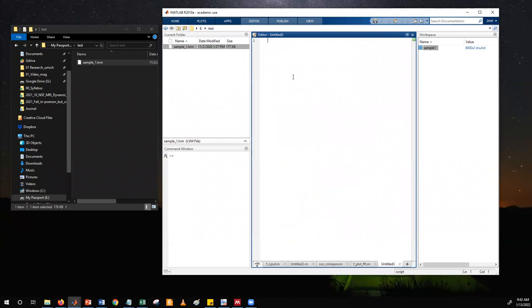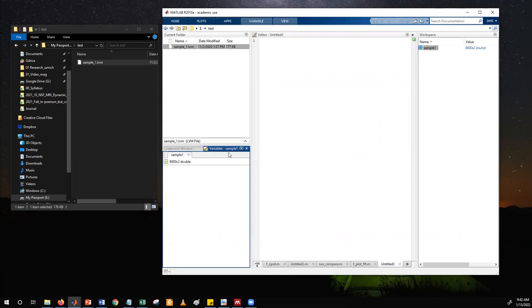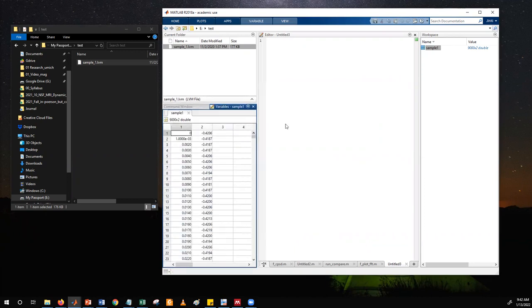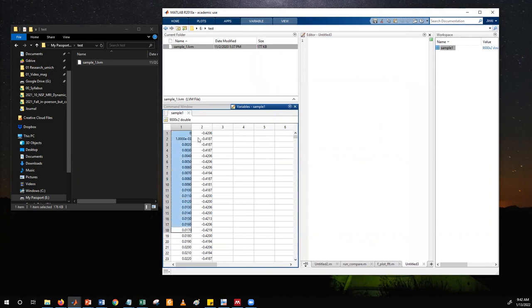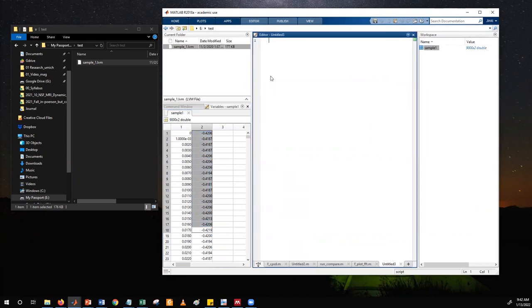So all we need to do is just plot this guy. So first, let's see how this file looks like, this variable. So down here, you can see the variable has 2 columns. One is the time, and the other one is corresponding values, all right? So all we need to do is define, we want to plot time versus the data you have. So